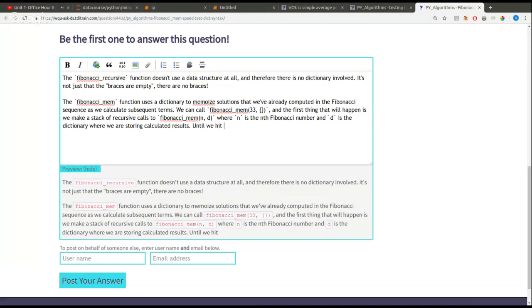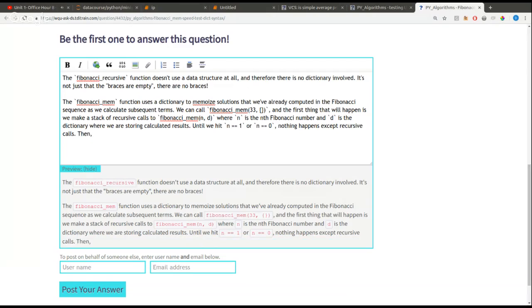Until we hit N equals 1 or N equals 0, nothing happens except recursive calls. Then, since the first and 0th Fibonacci numbers are known, we add them to the dictionary D,